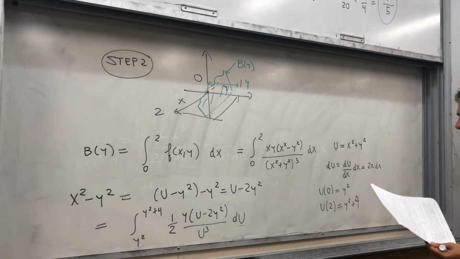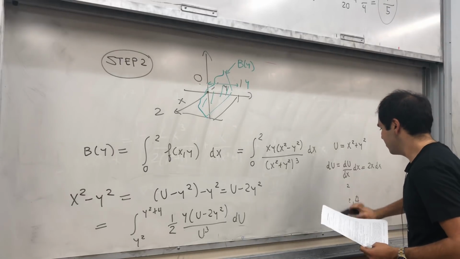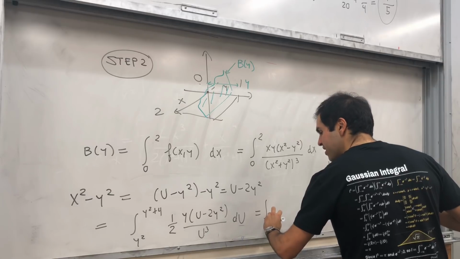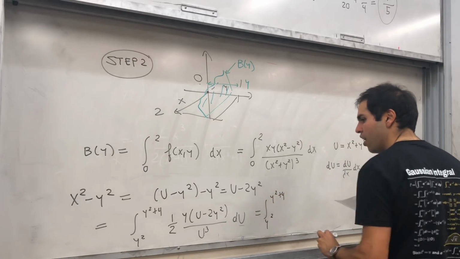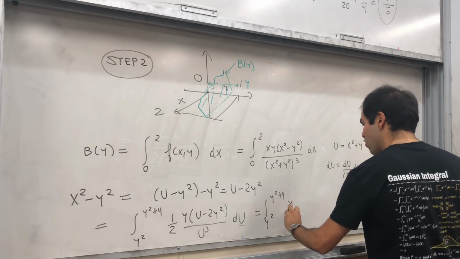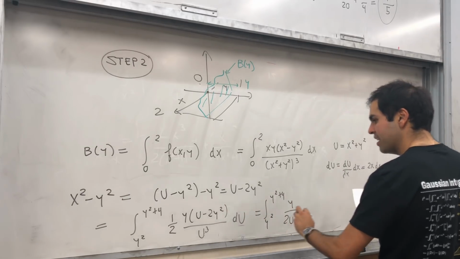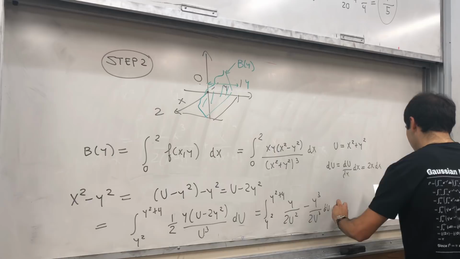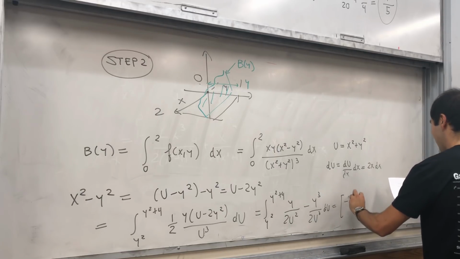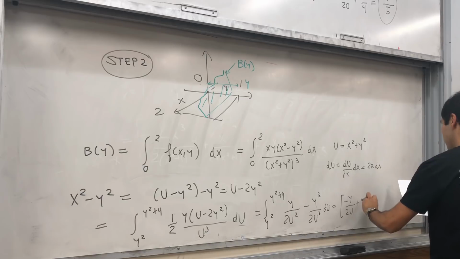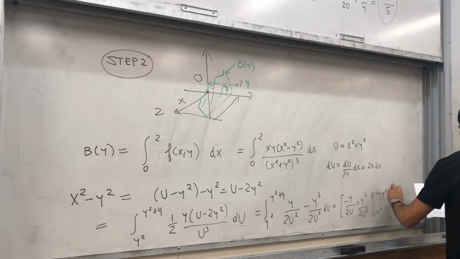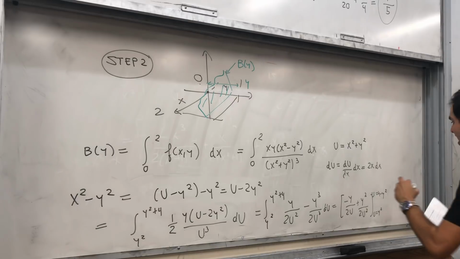And then essentially you just solve it the same way, so this becomes, let's see, the integral from y squared to y squared plus 4 of y over 2u squared minus y cubed over 2u cubed du. You find an antiderivative, so minus y over 2u plus y cubed over 2u squared, and then u goes from y squared to u equals 4 plus y squared, and then you evaluate that,